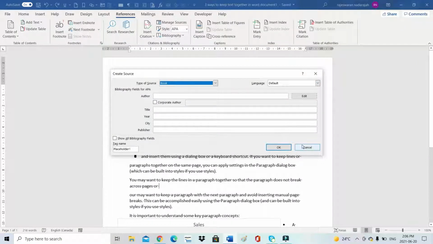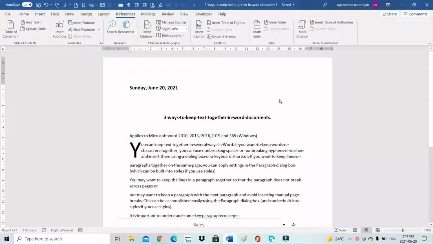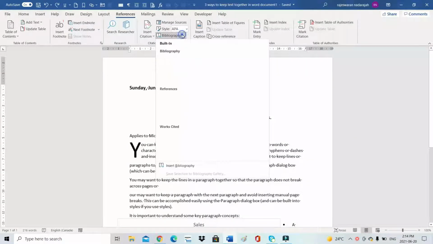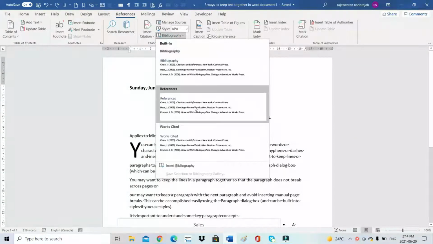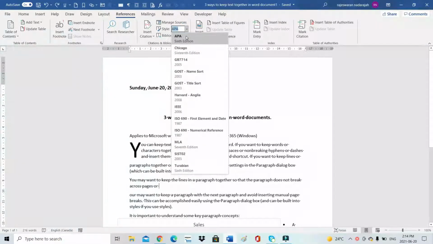You have to write it, and then click OK. On the last page, you have to add the bibliography. You have to click here, then choose which one you want, and the style also, whether APA or which style you want, you can choose it here.